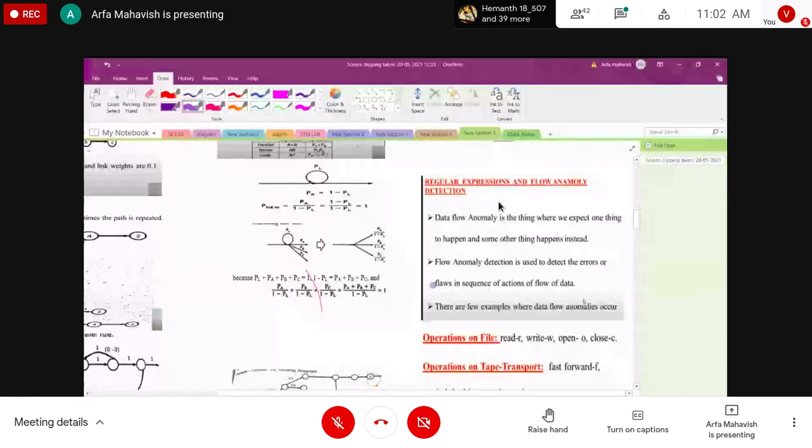The reduction expression is nothing but what we get when we reduce the flow graph with the reduction procedure. So when we take the last expression, it is called the reduction expression. After reducing everything in the flow graph, we will get the reduction expressions, which are also called the path expressions.